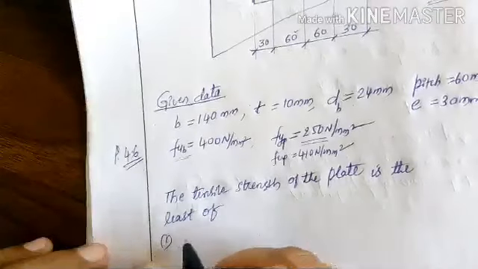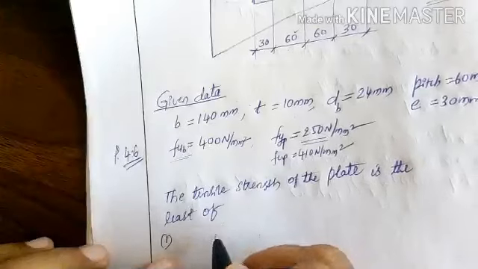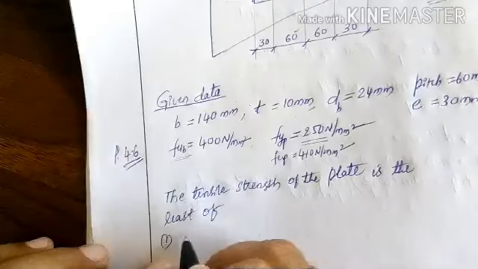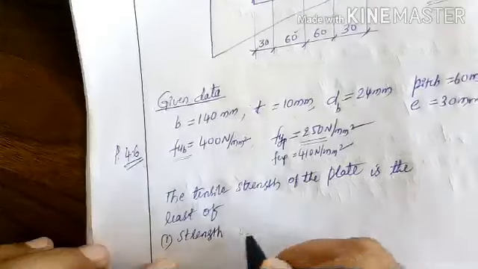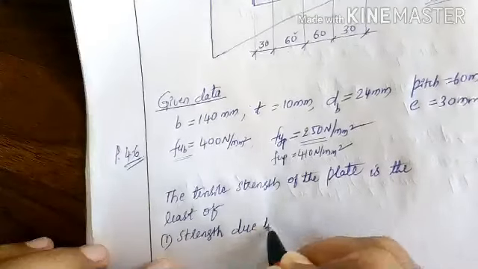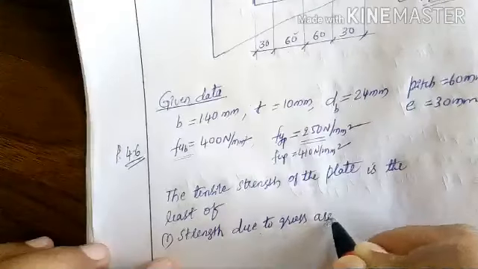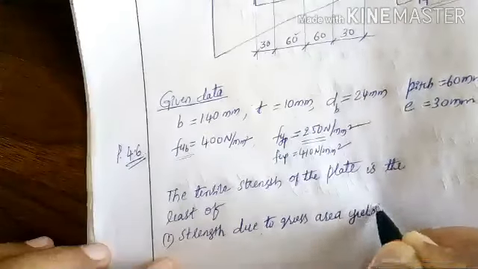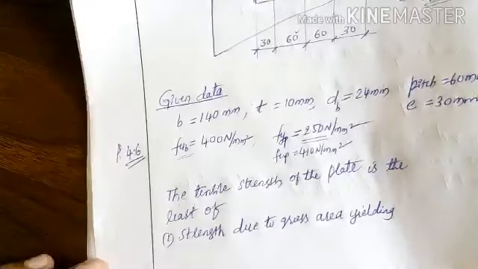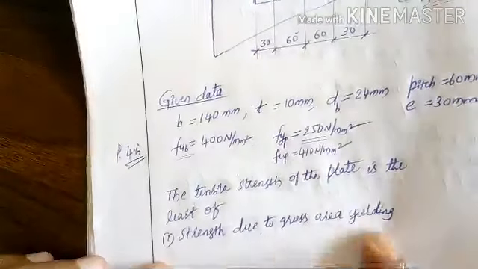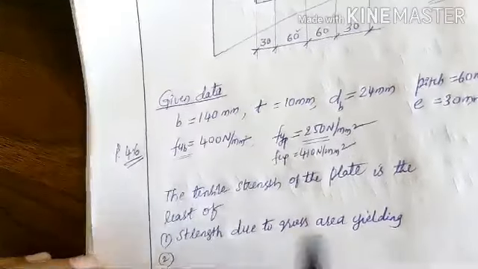The first one is strength due to gross area yielding,